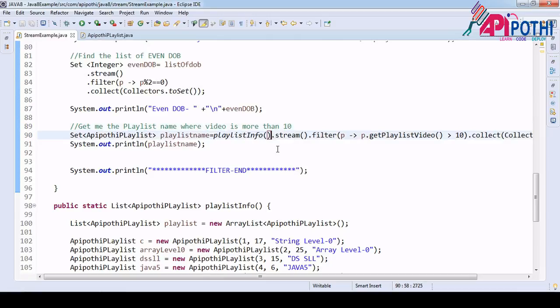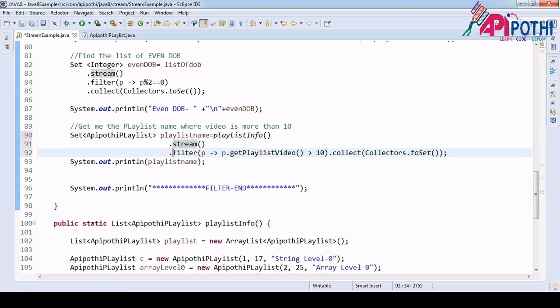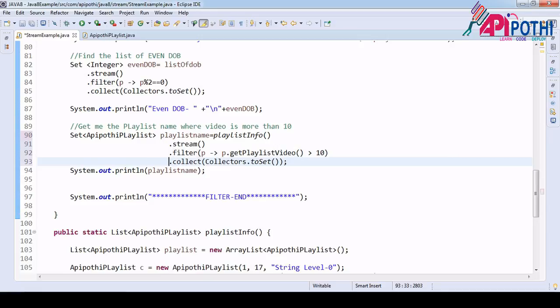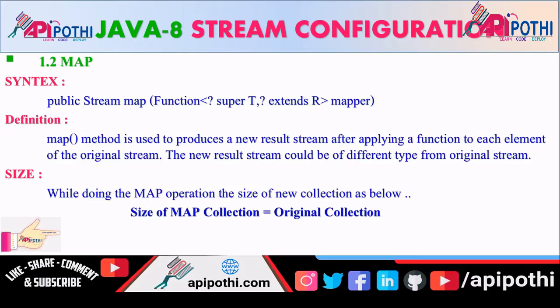So that's how you can manage the data for the custom object. This is not the normal object, this is the custom object, right? If you want to format the code, you can format it in that way also. Fine. Now we understood what the filter is. Now we are going to understand the map. Here we are going to understand the difference between filter and map.